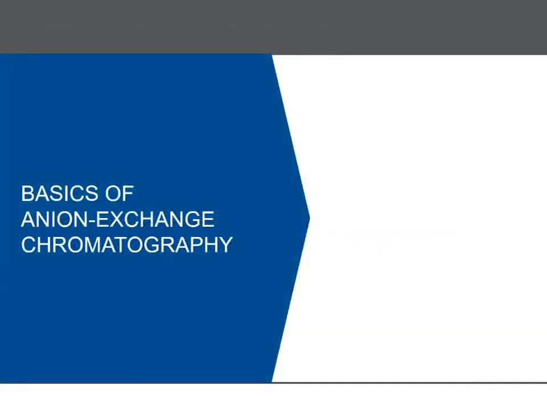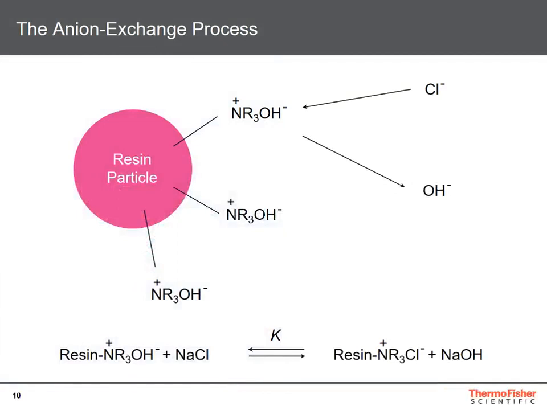Let us continue with some fundamentals of anion exchange chromatography. The following slide schematically depicts the anion exchange process. Let us assume we have a resin particle to which quaternary ammonium functional groups are attached in one way or the other. We see these groups typically in the hydroxide form because the mobile phase contains a lot of water. If we have chloride ions in solution as an example, these chloride ions have a higher affinity to the stationary phase than hydroxide ions. That means they will shortly be bound on the quaternary ammonium group, releasing hydroxide ions,